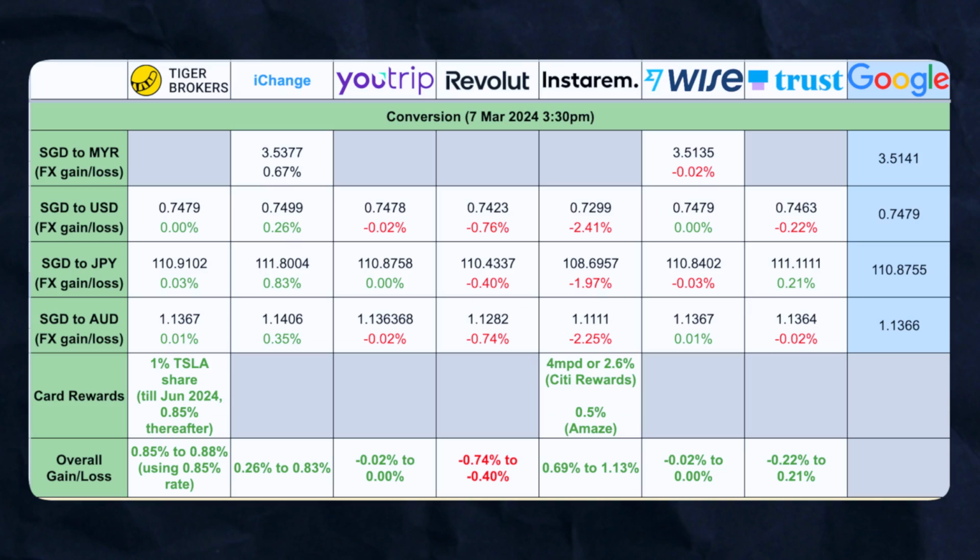But upon taking a closer look, I realized I was wrong, because as it turns out, the Tiger Boss debit card is actually pretty good. Check this out. Here, I'm comparing the Tiger Boss debit card against other popular multi-currency cards such as iChange, Utrip,